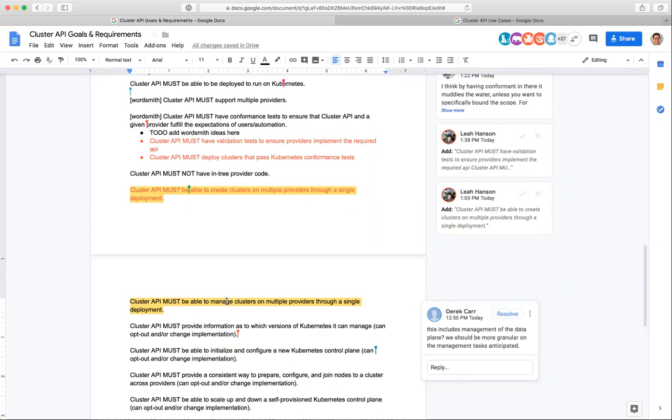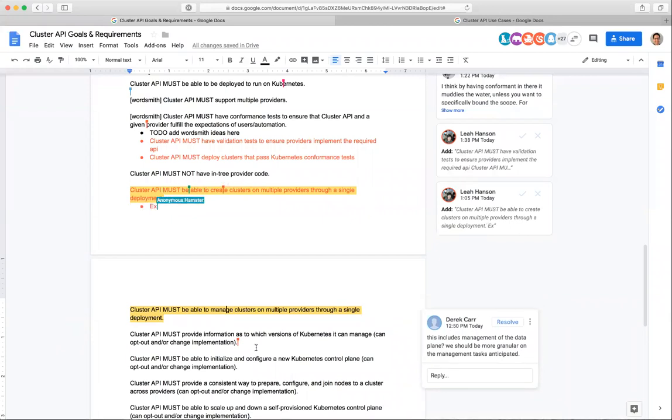No, I mean a single cluster that's managed by cluster API that spans multiple providers. Like two different machine deployments, one in AWS, one in Google. Yes, I agree. That would be dangerous. The networking would just be really hard. So that's my wordsmithing. The intent was to specifically exclude that. So if there is better wordsmithing, please wordsmith away.